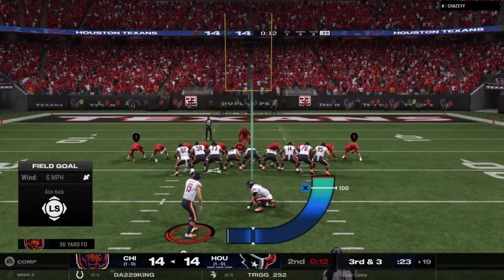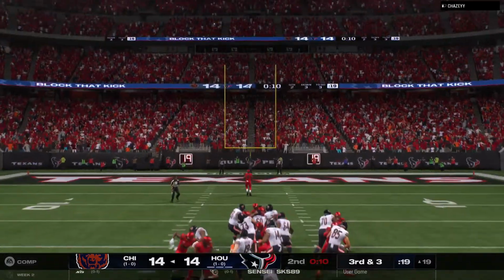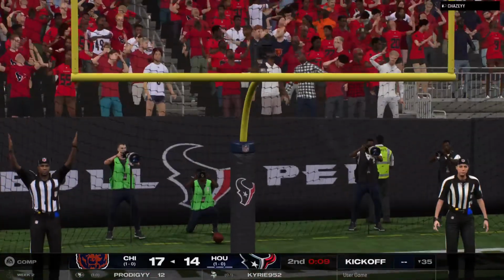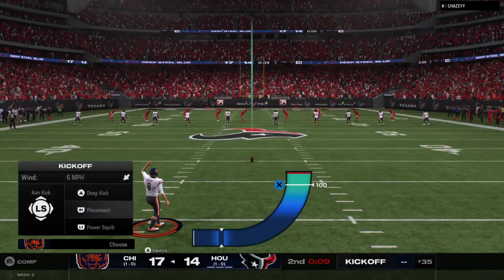So on 3rd down, the field goal unit will come out as they'll try to get 3 before half. This from 36 yards out. And this one is right through. And they take a 17-14 lead. So, Charles, they get to them with their first turnover of the game and then make it hurt a little bit